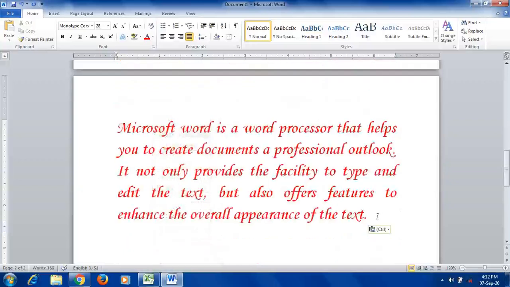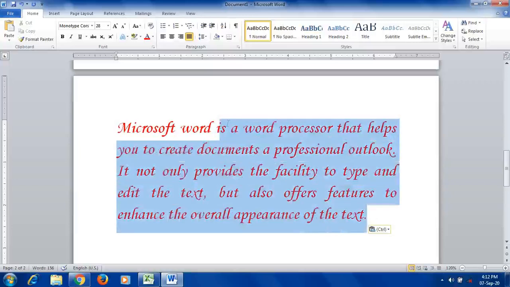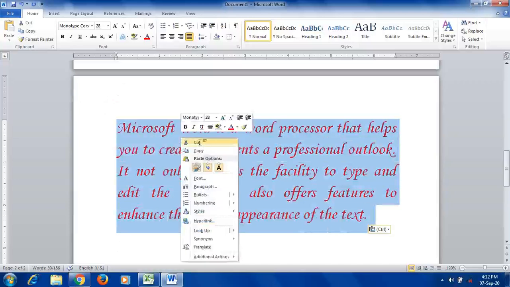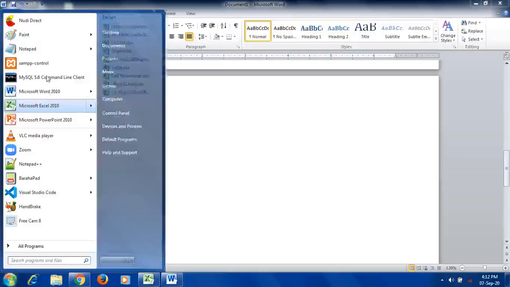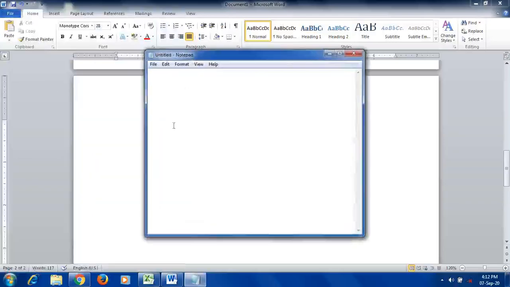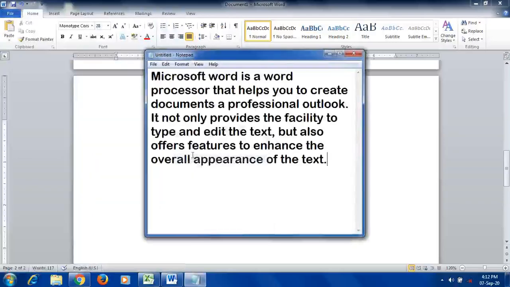Next, the move option. If you want to move, just select the text and select the cut option. Then you can go to another document or another application and paste it. This is a simple text editor, so that's why you will not get any colors in Notepad.